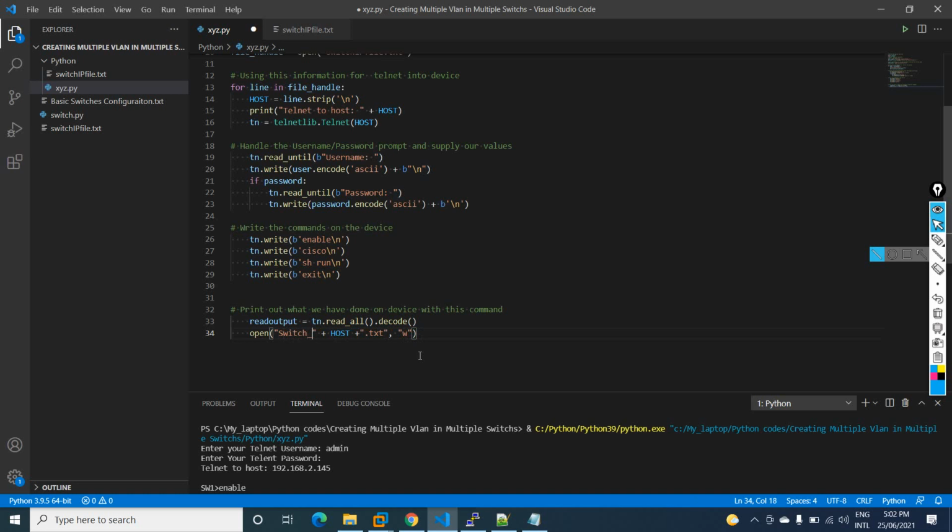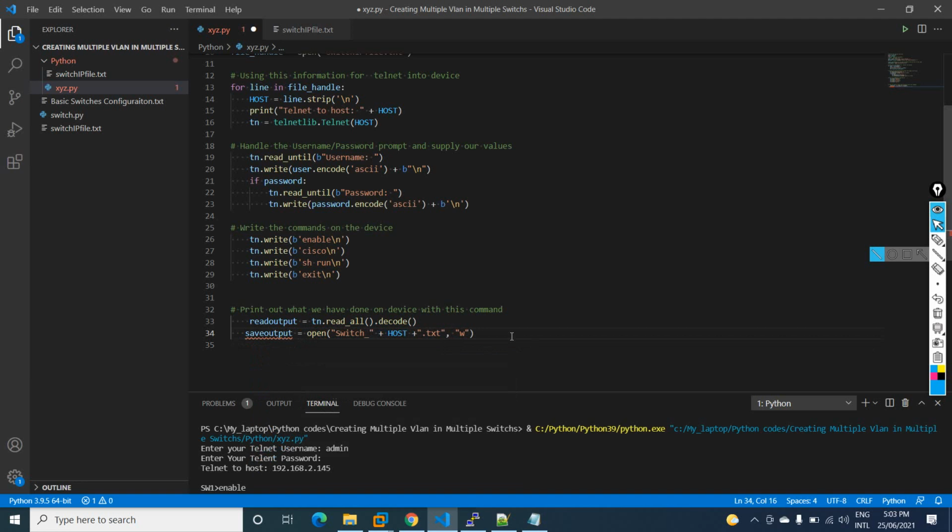So switch underscore and this file, and then after that what I will do is store this. We open this file, right? So we will store it in one variable. I will define one variable, and write, for example, save output. Anything you can define; I am defining it as save output, and I will give is equal to, so this file object will be stored in save output.